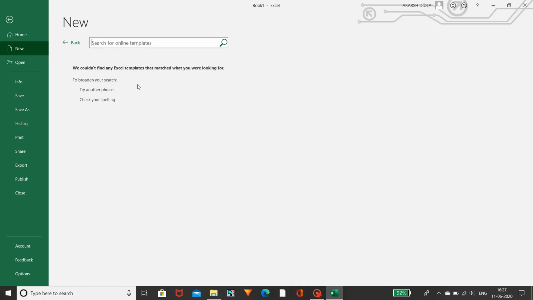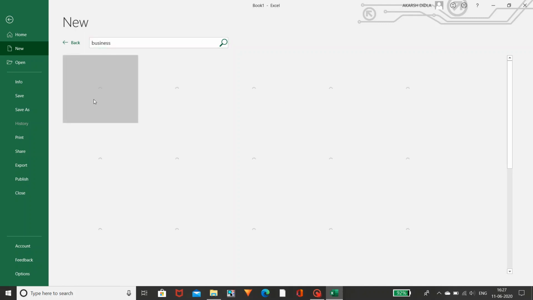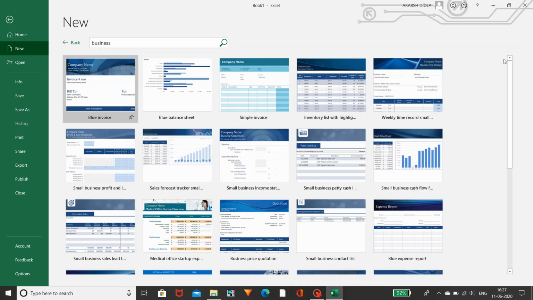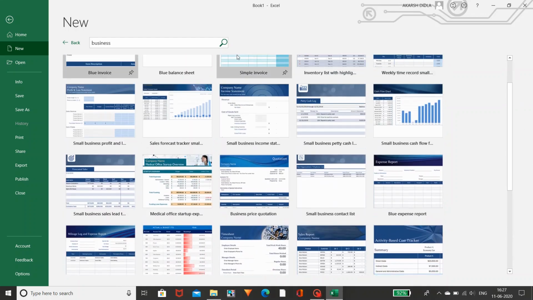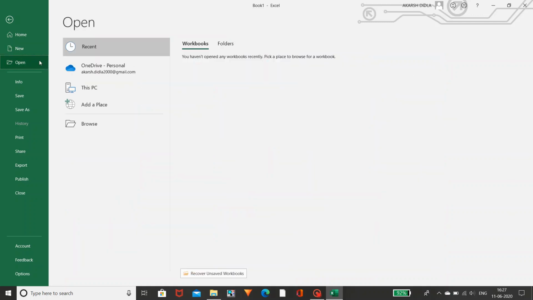There are no mobiles. Again, let's search for business. So you can see here there are different types of templates. You can use any of these, and like this you can search here and get more templates. And coming to Open, it is nothing but if you want to open the projects which you have done recently, as you can see here, any workbooks or worksheets you have done recently,